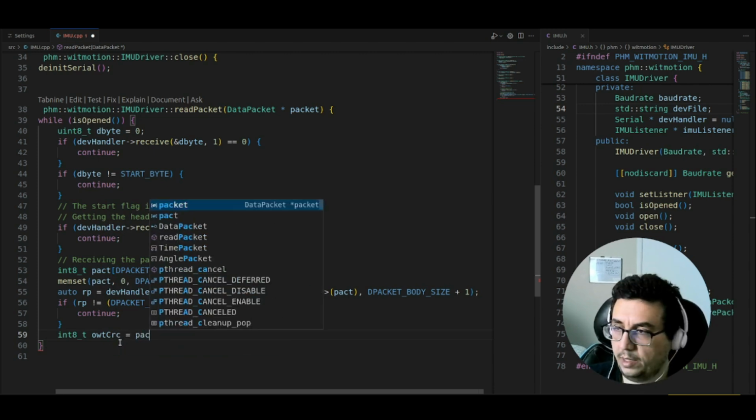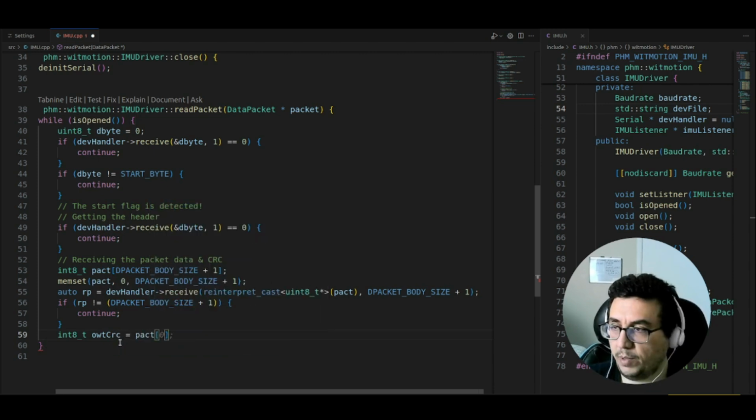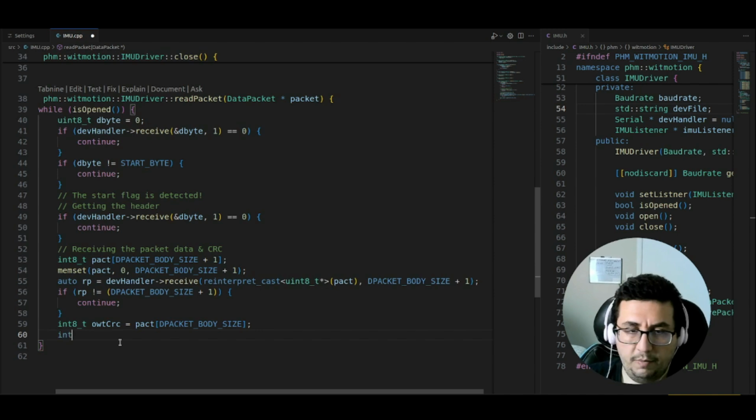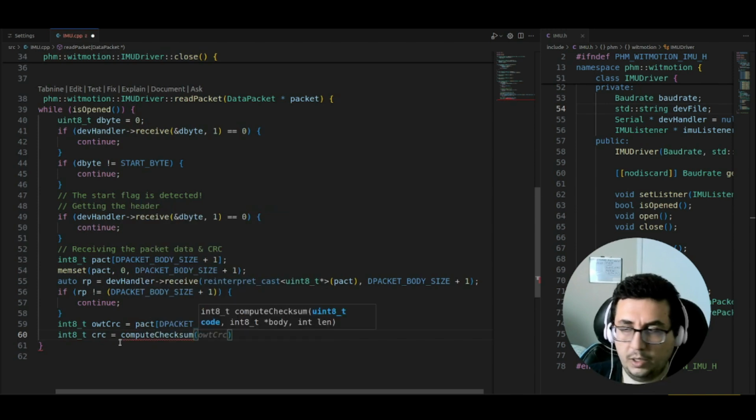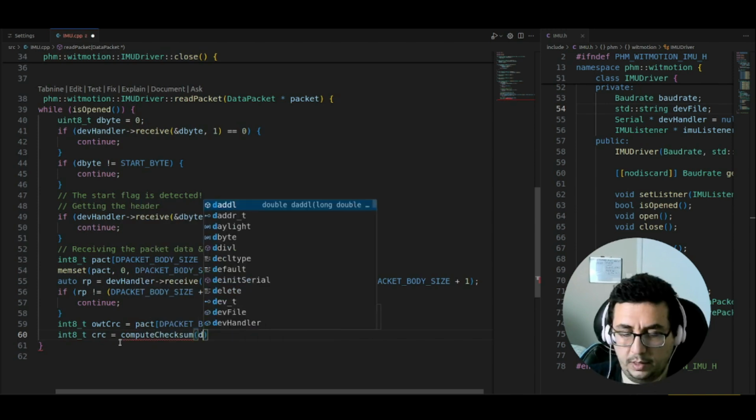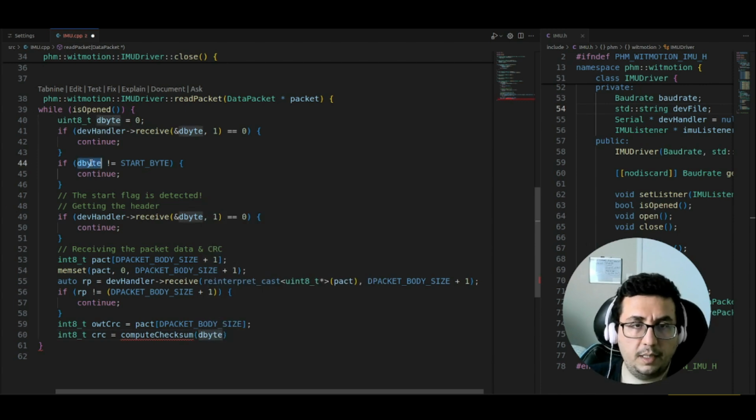So let's extract the last byte. Now we also need to calculate our own CRC. The code is the byte, the one from the header that we collected,